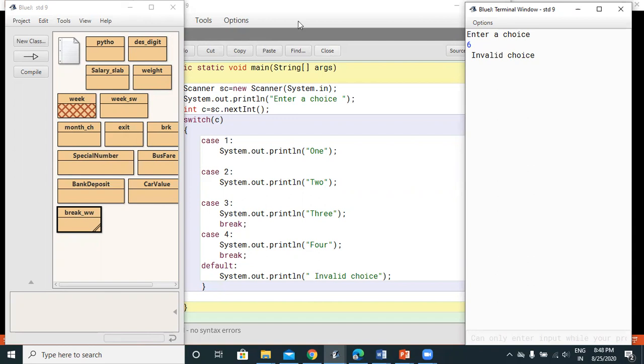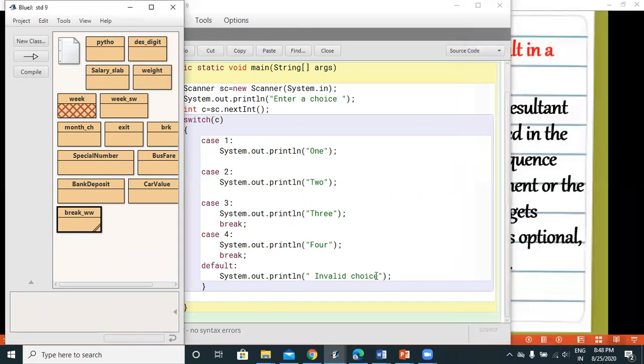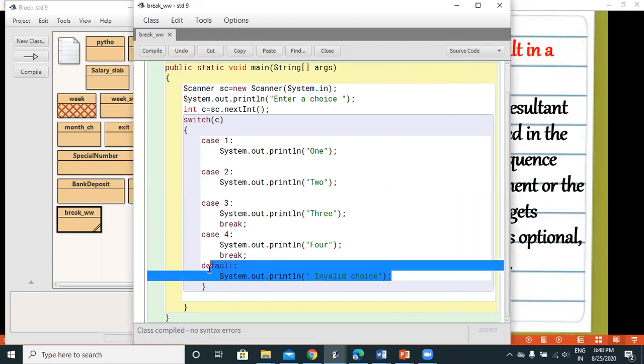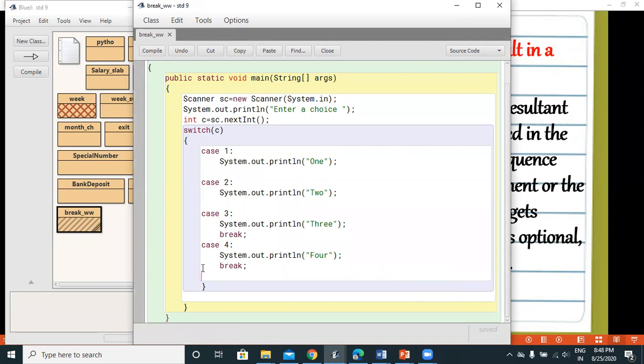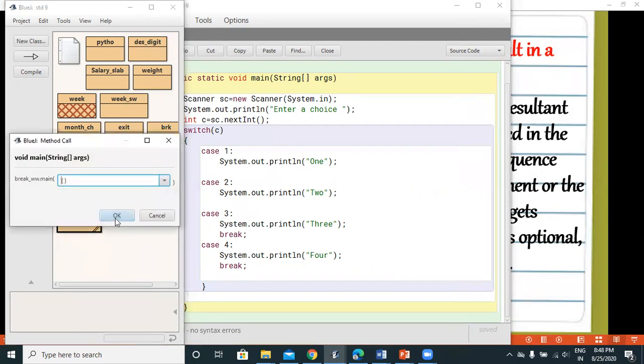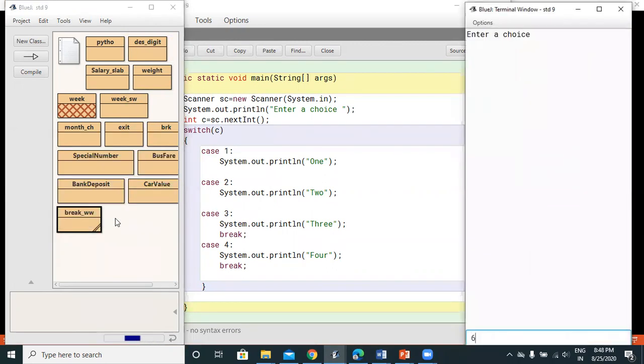Now let's see. I remove this. I have removed this default statement. So now I'll compile it. When I execute it and enter 6, it will not show me anything.